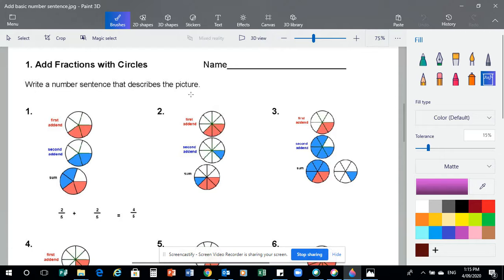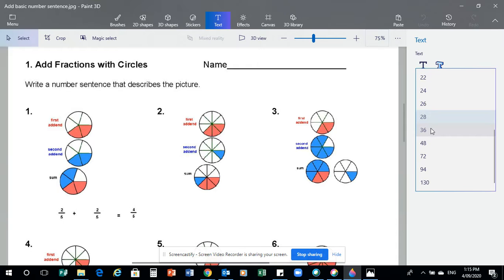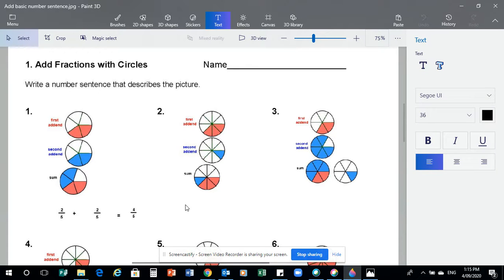So, for example, if I'm going to create the number sentence, I'll create my text. I'll have my 36. I'll do there, 2D. All right. So the very first thing you need to have a look at is, okay, how many pieces is it? So we've got 1, 2, 3, 4, 5, 6, 7, so it's 8 pieces. So both of them are 8 pieces, remember? A lot easier to add up when they're both the same denominator. So we have a look at how many pieces are shaded here. So that's 3/8. So we write 3/8,